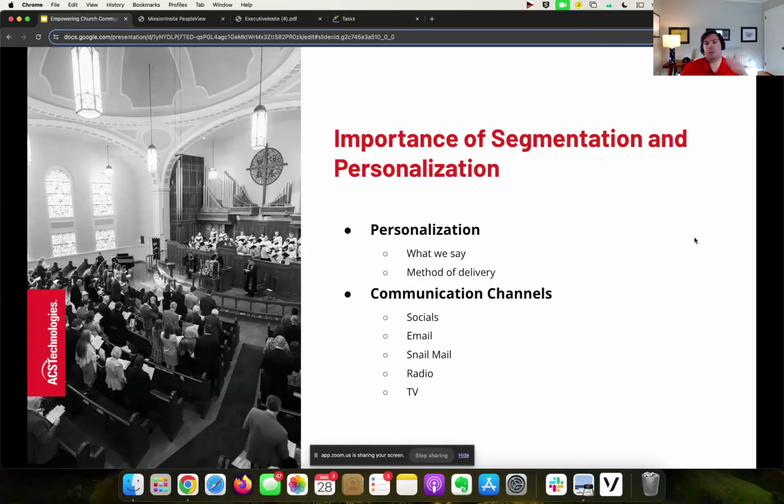But I want you to think, once again, let's go back to a secular example here for a second. How many of you get political texts during the election season? I'm actually curious. If you've got the little raise your hand function, if you know how to do that, go ahead and hit raise your hand. I'd love to see. Yeah, every hand's popping up just about. We all get the text just about.